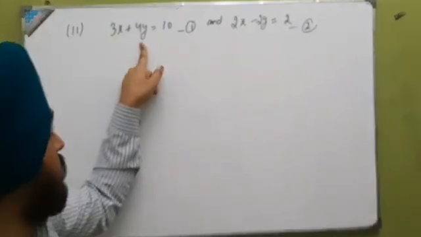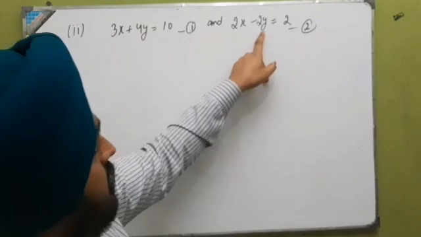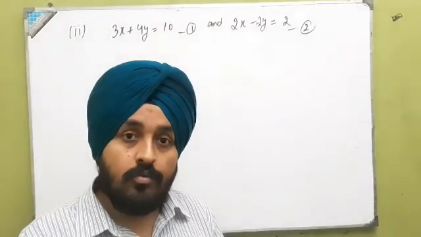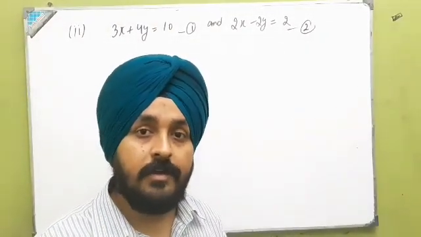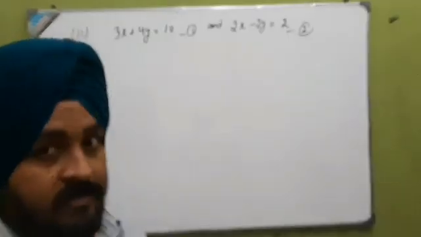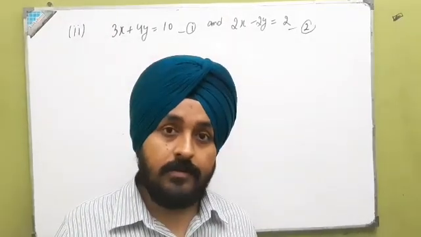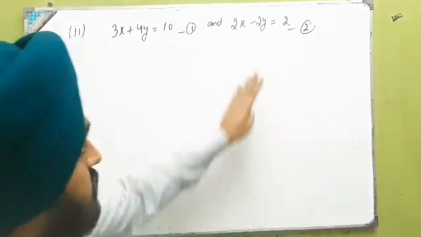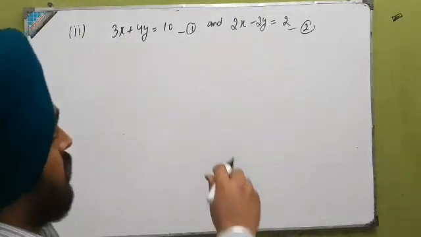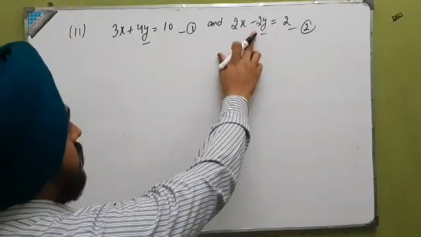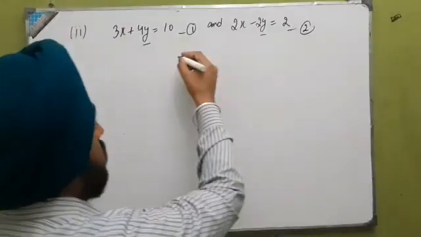So here you can see in the first equation the coefficient of variable y is 4, but here the coefficient of variable y is minus 2. I told you in the first question how, by adding or subtracting the equations, you can eliminate the variable. The basic concept is the same. You have to make the coefficients of that variable equal first, the one which you want to eliminate. I have selected variable y to eliminate here. So here variable y's coefficient is 4, here it is minus 2. So I have to multiply equation 2 by 2 on both sides.